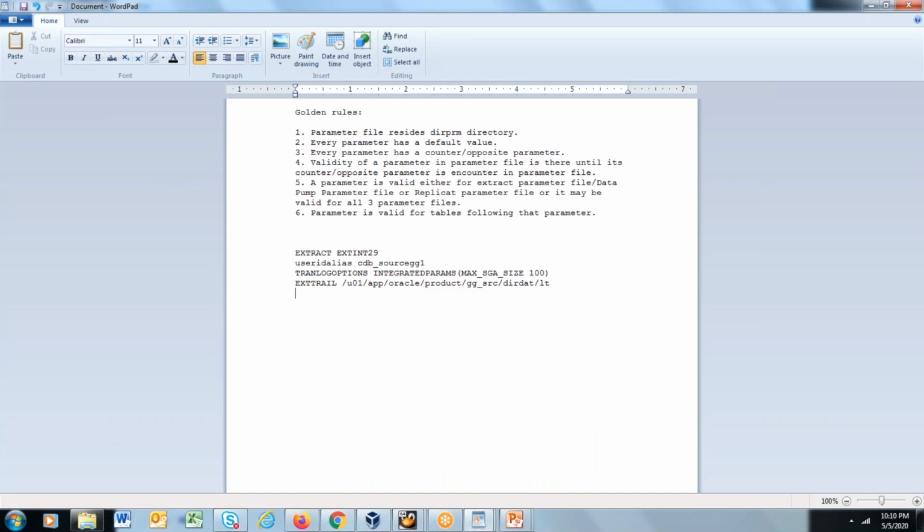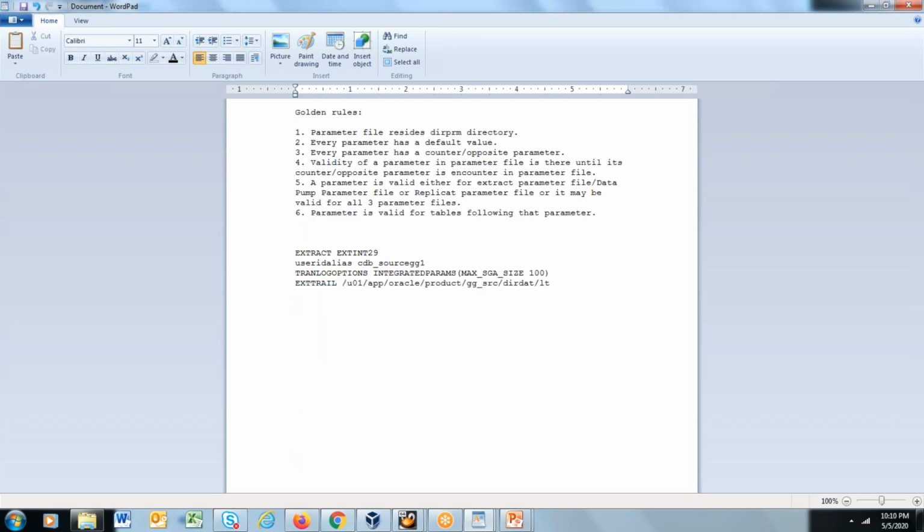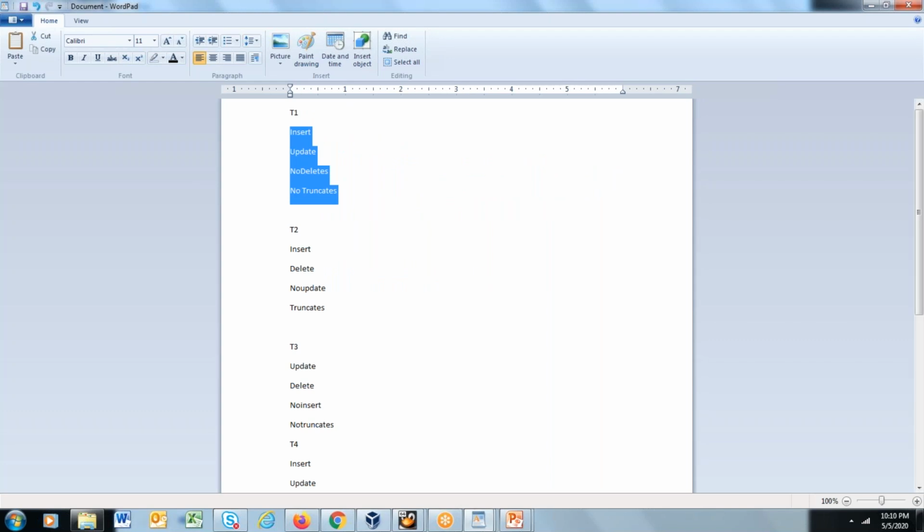Okay, so first table, we have to capture inserts and updates, but no deletes, no truncates. So what would be my parameters right now? First parameter will be get insert, second parameter will be get update, third parameter will be ignore delete, fourth parameter will be ignore truncate.